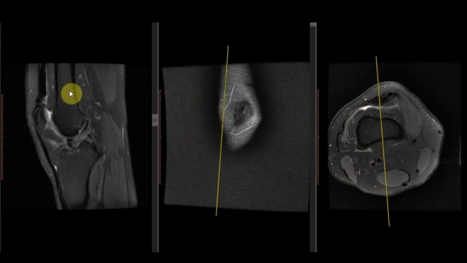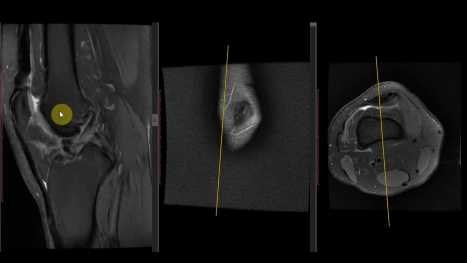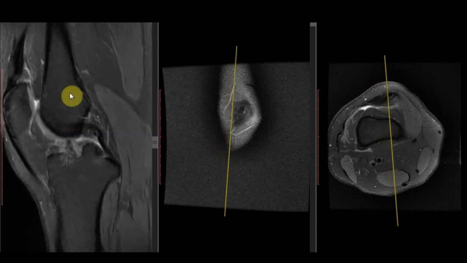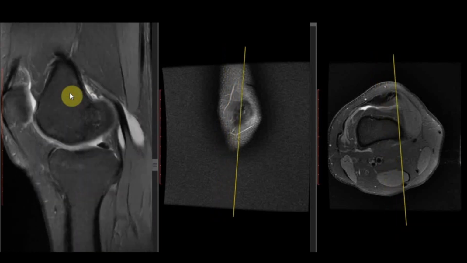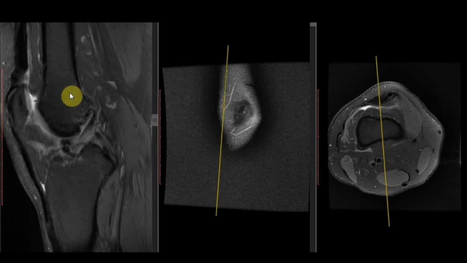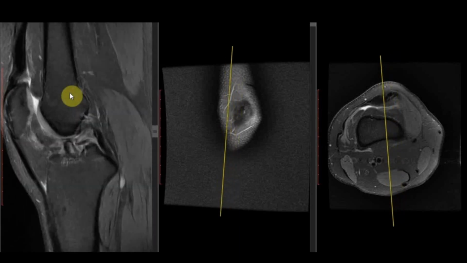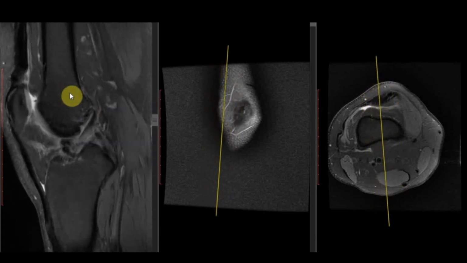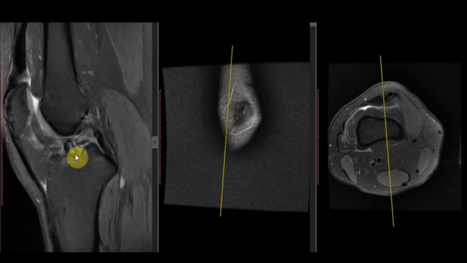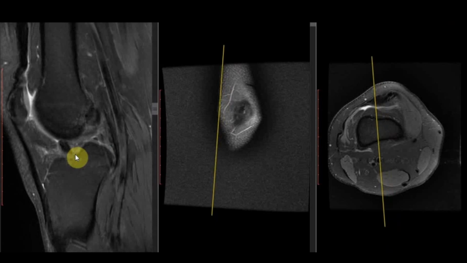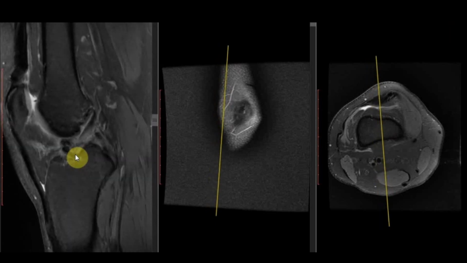Okay, so this patient is a 22-year-old male. So he is a young male, and he presented 2 days after trauma. So we can see there is a bony fragment lying over here. So there is bony avulsion fracture at the tibial attachment of anterior cruciate ligament, and this bony fragment has distracted